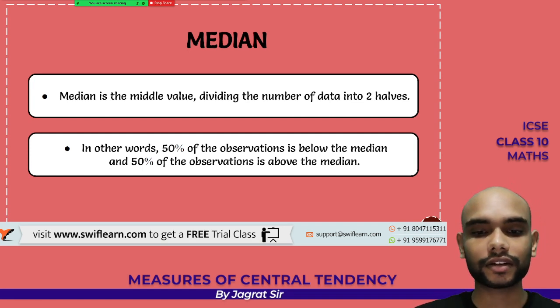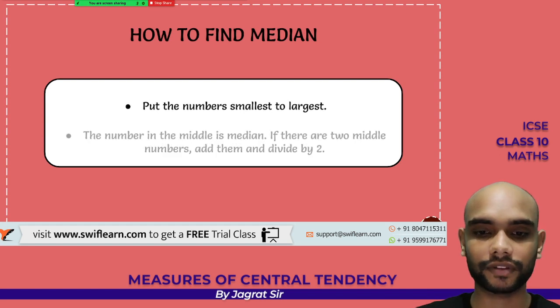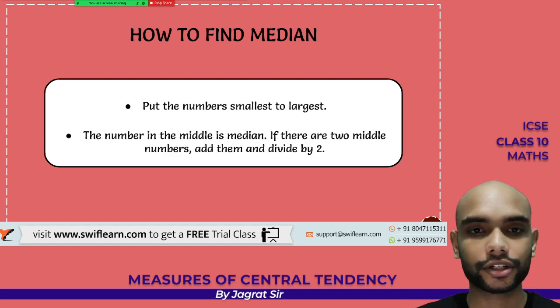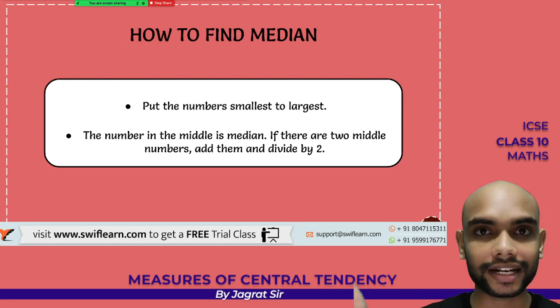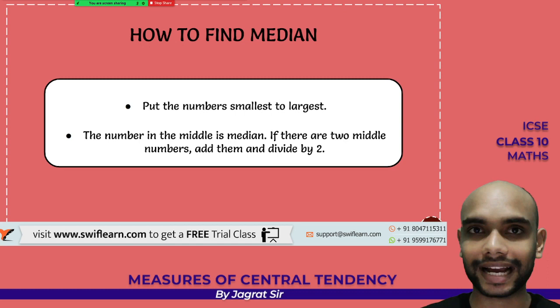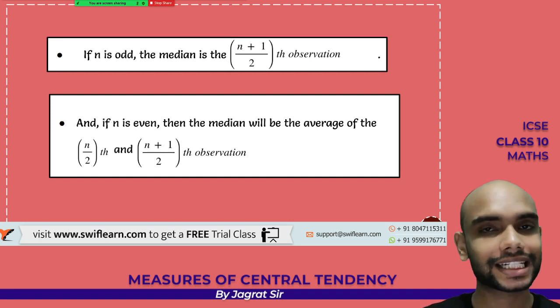In other words, 50% of the observations are below the median and 50% of the observations are above the median. So how do we really find the median? If you have ungrouped data, first of all, arrange those numbers from smallest to largest, like in ascending order. Then find the middle value of that. How will you find the middle value? If you have 9 numbers, the middle value will be (9 plus 1) upon 2, that is the 5th term, right? But if you have an even count, that is 10 numbers,